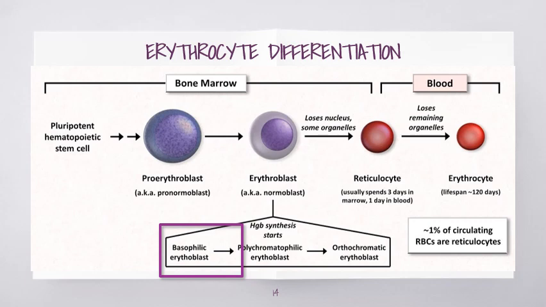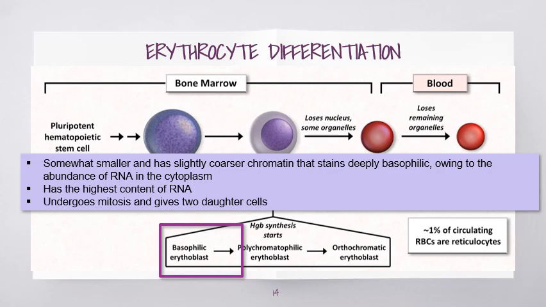Okay? So from the proerythroblast, we are now at the basophilic erythroblast. This is somewhat smaller, has coarser chromatin, and stains a deeply basophilic cytoplasm, owing to the abundance of RNA in the cytoplasm. Another note I would give you is that when using hematologic stains such as Wright stain, basophilic will appear blue on the stain, and this is usually due to an abundance of a basic component. Okay, that's why basic,